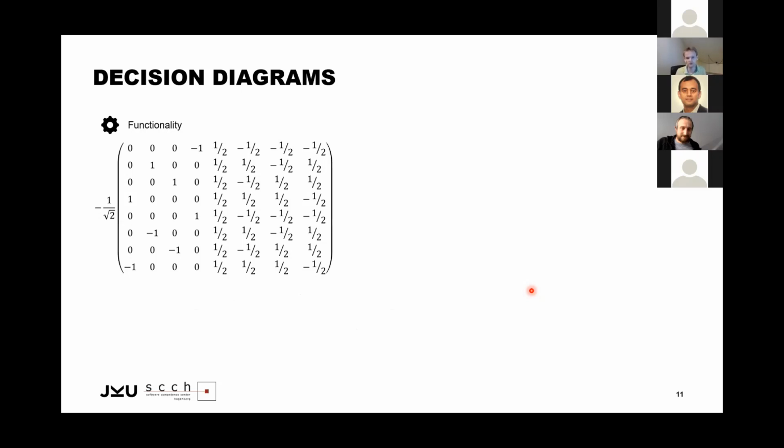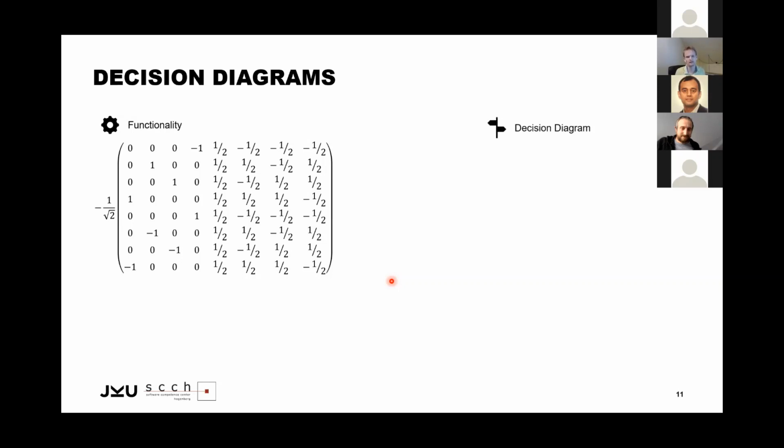So this is a matrix, obviously a larger matrix, representing, in this case, a 3-qubit operation. So this is a matrix of size 8 times 8. This is exactly the representation for a 3-qubit system, because 3 qubits means you have to represent that with 2 to the power of 3 times 2 to the power of 3 matrices. That's what we have here. And of course, this would be an exponentially large representation. However, with decision diagrams, you can represent that in a much more compact fashion.